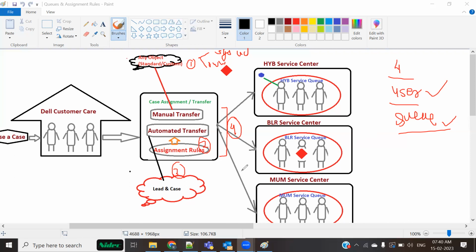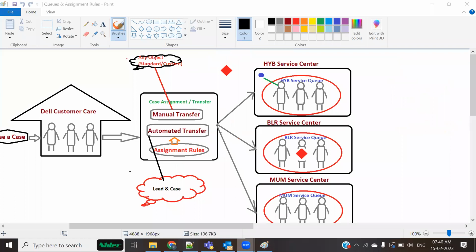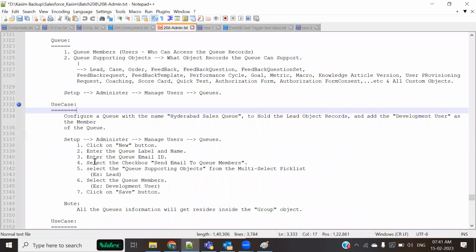Up to this point yesterday, and there were a few more points wherein I gave you an introduction about omni channel as well, a little bit of this process. Let's now configure everything. For that, I will go with this use case: configure a queue with the name Hyderabad Sales Queue to hold the lead object records. This queue, what I would be creating right now, would hold the lead object records